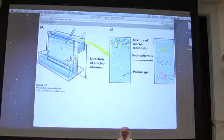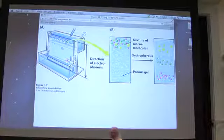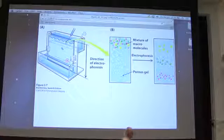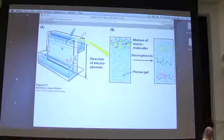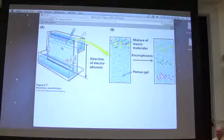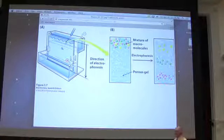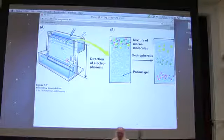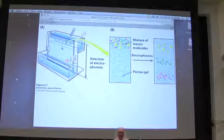The length is proportional to the positive charge. That becomes important. The reason it's important is something that has more charges will have more force. Okay? But the force that it will have divided by its size is equal. Larger molecules have more force, that is more negative charges, but the number of charges they have per length